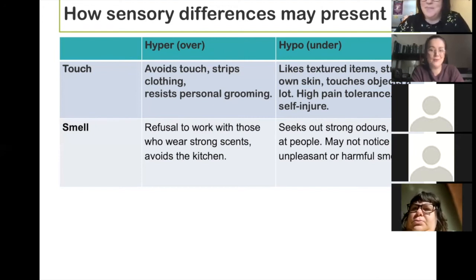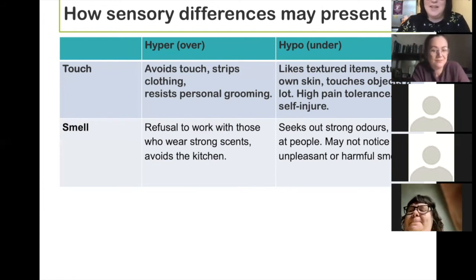I think it's a really weird one. So I have been traveling for a year. I'm very lucky to be able to do that, and I didn't take any perfume with me, so I didn't wear perfume for a year. And now whenever I walk past somebody that's got perfume on, I can smell it so strongly, and I'm like, oh, they've got so much perfume on, and they haven't. It's just because I haven't worn it for so long, but it now smells really, really strongly to me. Yeah, so you're desensitizing yourself to it a little bit. But yeah, it can be experienced really powerfully, can't it, particularly for someone who's oversensitive to smell.